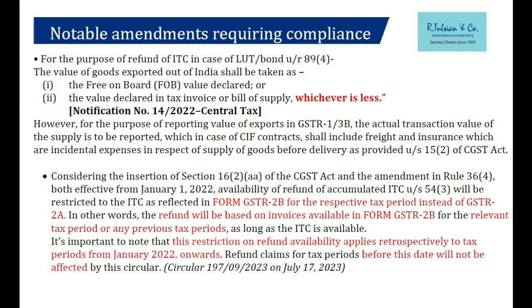क्या होता है सर? 2A क्या है? Dynamic है. Dynamic का मतलब क्या है? बात समझिए. मेरे जो सप्लायर है उनका अप्रैल 2022 का बिल है, वो फाइल किया अगले साल में नवंबर में, अक्टूबर में फाइल किए. तो 2A में मेरा कहां पर आएगा? 2A में मेरा आएगा अप्रैल में पिछले साल का. तो मेरा वो रिफंड पीरियड में आ रहा है. I can apply that particular refund in that period.